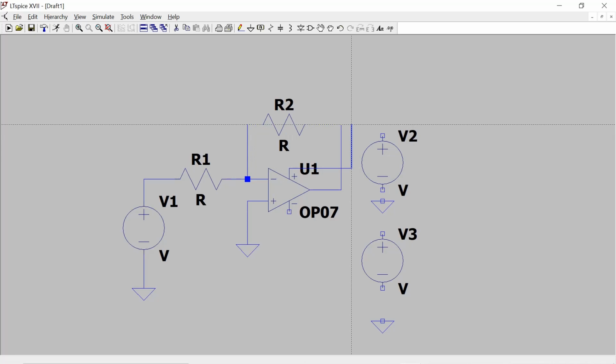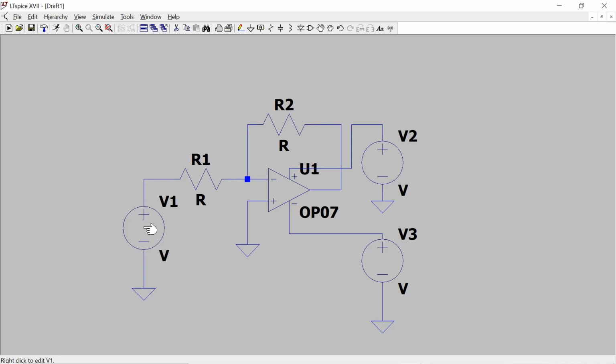So plus VCC, ground it, and minus VCC here. From here you have to give a connection to this voltage source. Now our connections are over, so the wire tool has to be turned off. Press escape. Now we need to give values to all of these.